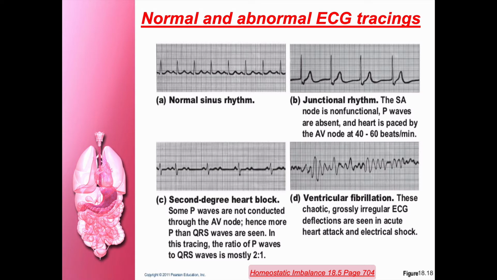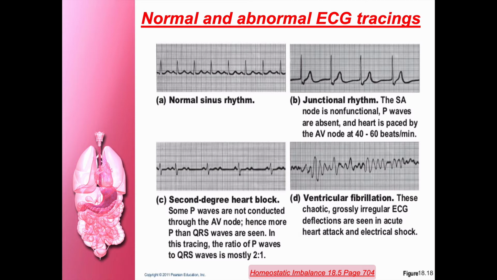72 times. 72 beats per minute is the normal pulse rate. Pulse is nothing but the heart rate. Okay, so it should be normal pulse. Okay, so what happens when the heart rate goes below 60?